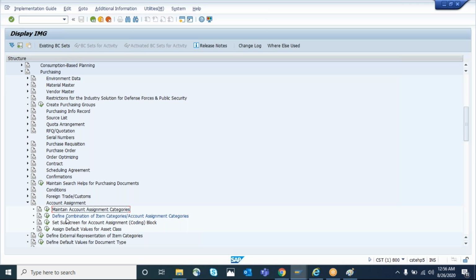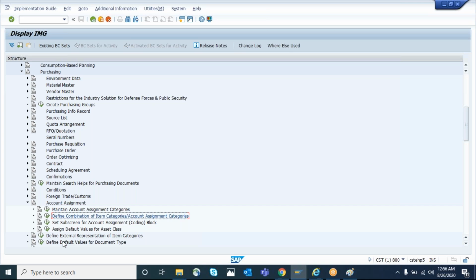So what is the benefit of that indicator, when to activate and how to activate it? That's purely based on your business requirement. If they want to always have goods received, and they would never allow a PO without goods received, at that point of time we can activate this. I hope this session has given you a good understanding about this indicator, and also you would have come to know where I can create or change account assignment categories. This is the configuration, and because of the error, we have come to know about one more configuration.